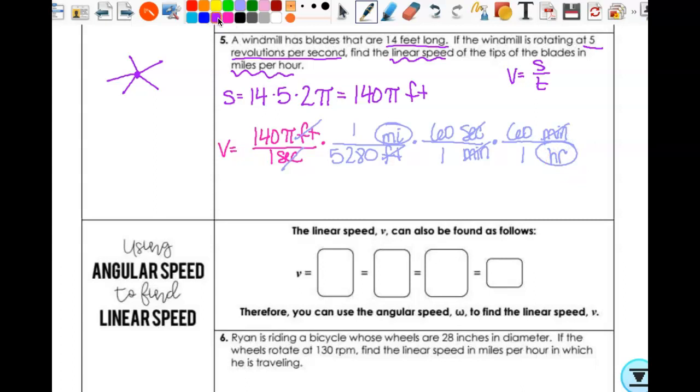And you could have gone straight from seconds to hours if you know that conversion, that's fine. In the end, you should get